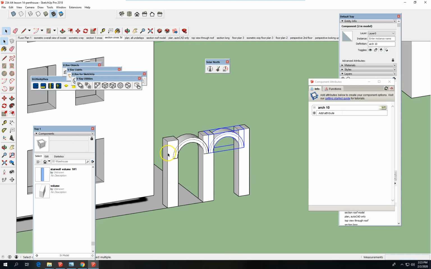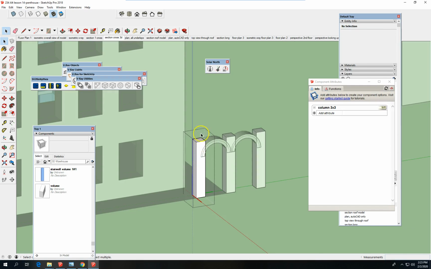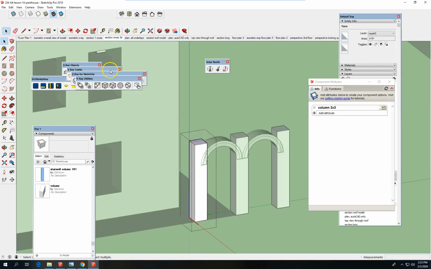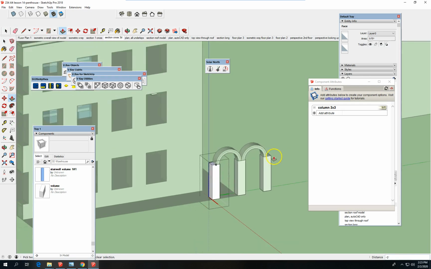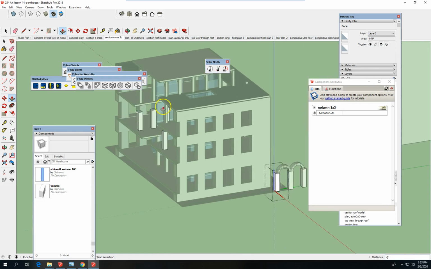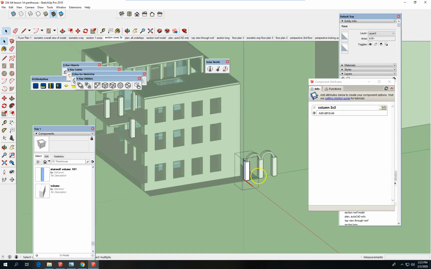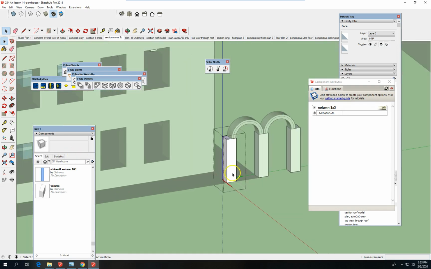So now as we start to make changes to these columns, because they're components, will be reflected in all of these. Now notice it's changing all of this as well. Theoretically I could add the arch to that group, but I'm just trying to go about, you know, a way of looking at this. So the column,